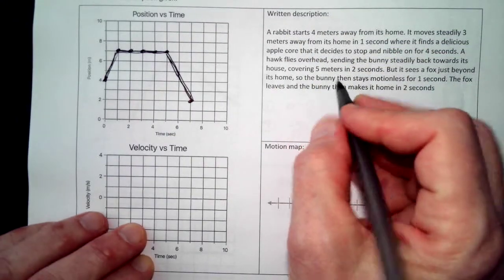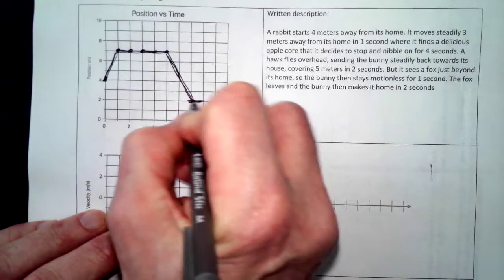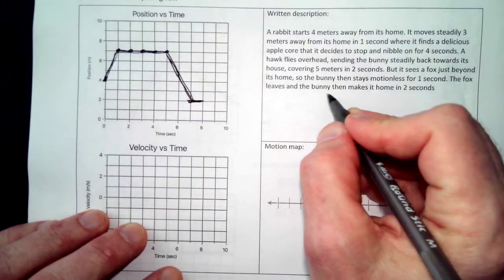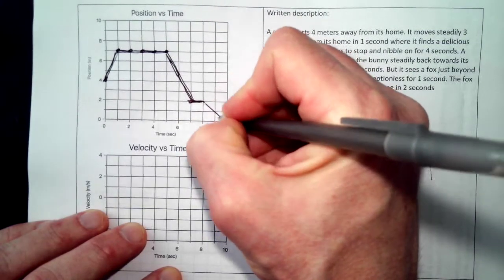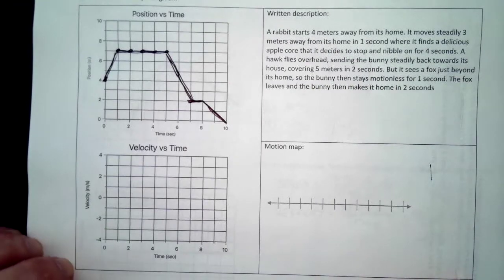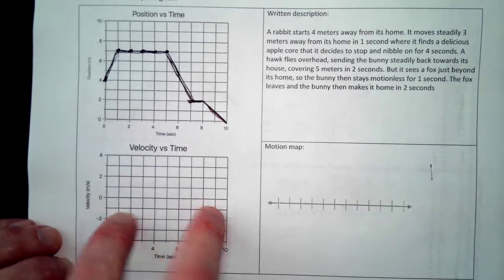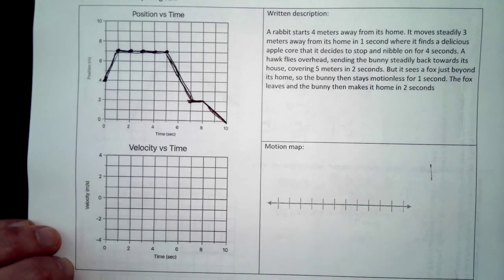Sees a fox, stays motionless for 1 second, and then the bunny makes it home in the last 2 seconds. Okay? Velocity and motion map. I'm going to pause the video because it seems like that